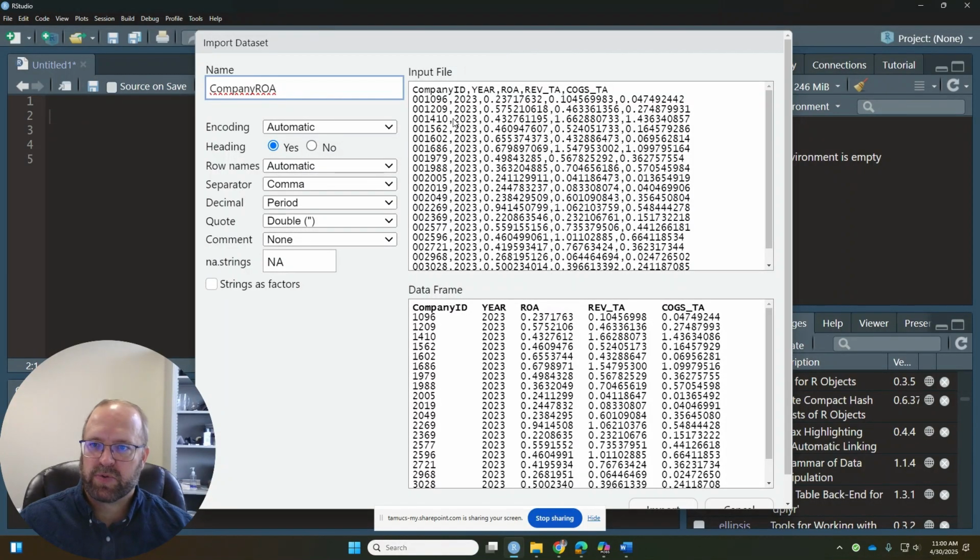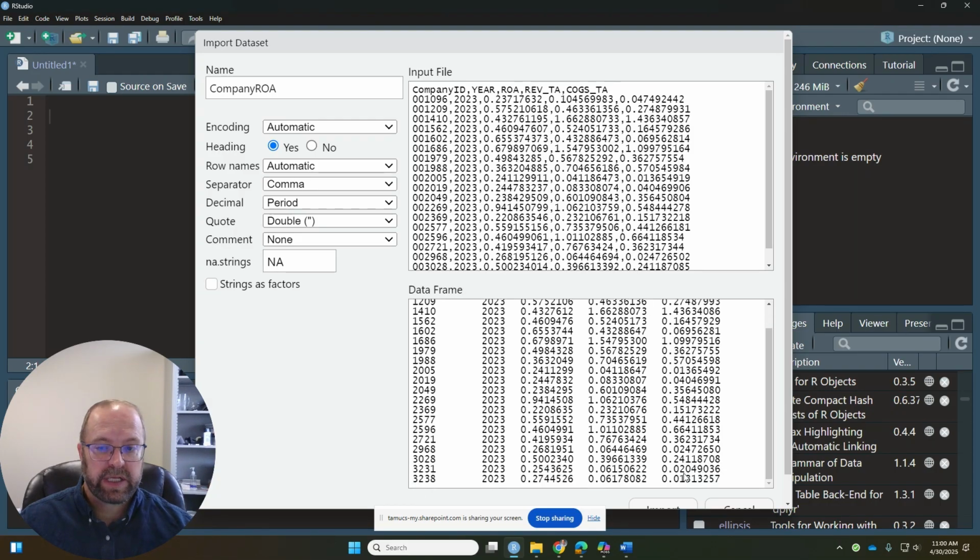It opens up what it thinks that data set looks like. So here's the input file, comma separated, so it has these commas here. It's going to make it look like this data frame down here below. And there are some options here, but we won't deal with those yet. One thing we might do is strings as factors, but we don't need that right now. We'll go ahead and click import,